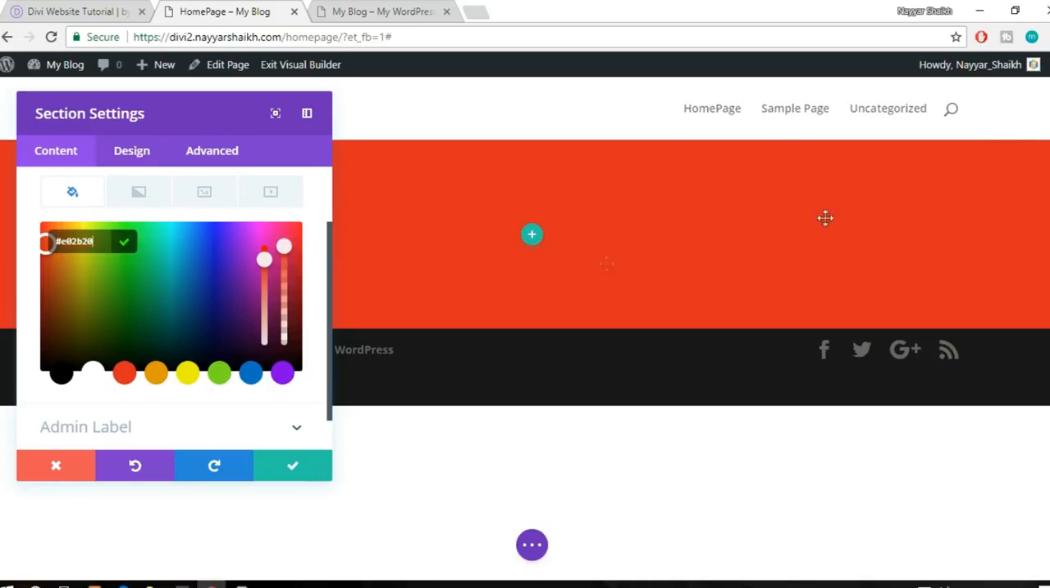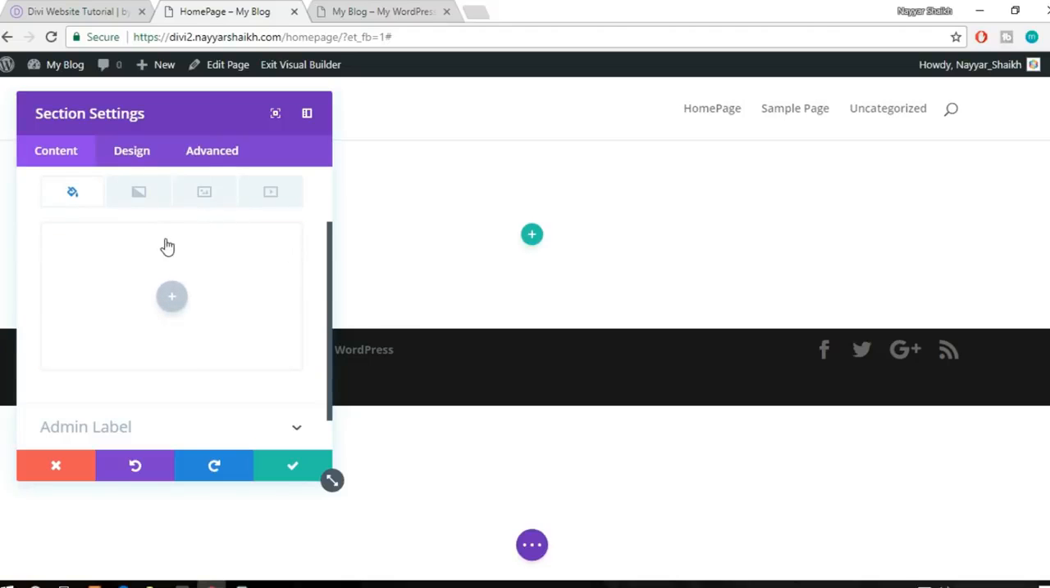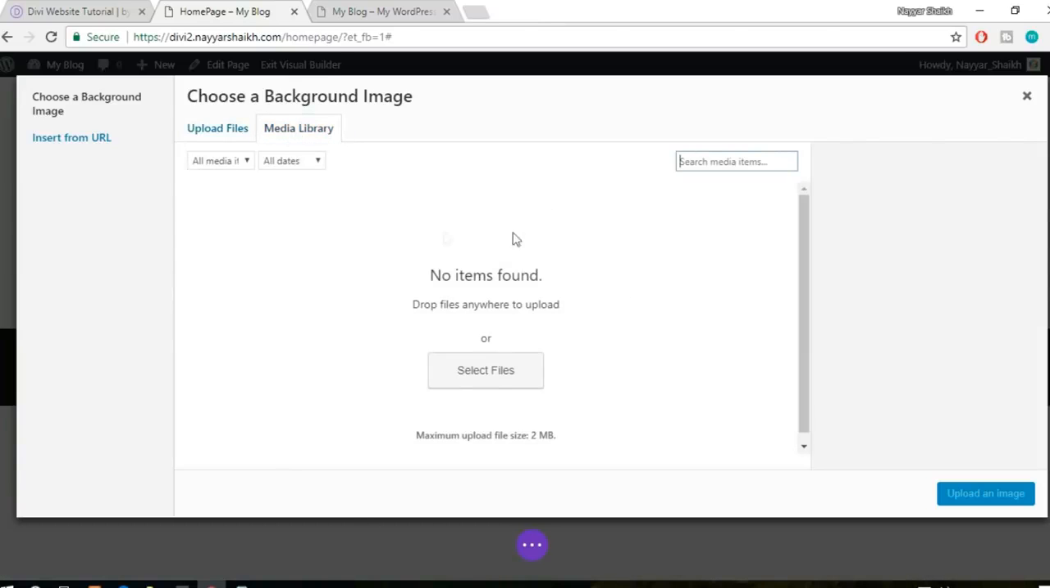Now as you can see, we have red background color. But we don't want that, so we'll delete this one. We want an image in the background, so we'll select this third one and click on the add button or this plus button. Now you go to media library, but we don't have any file in the media library till now,